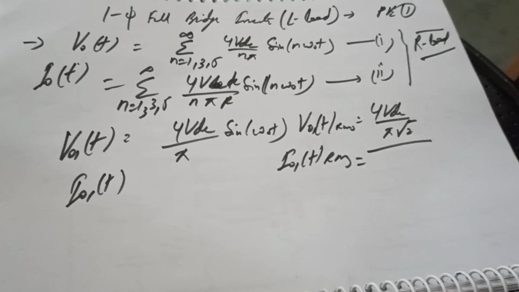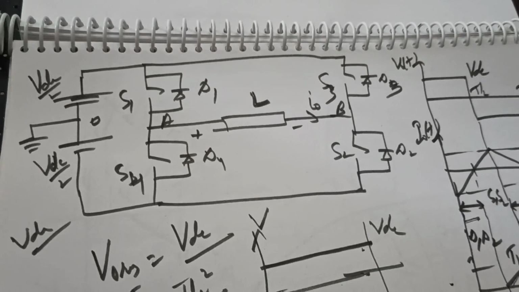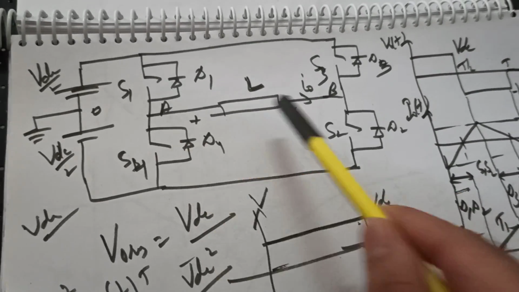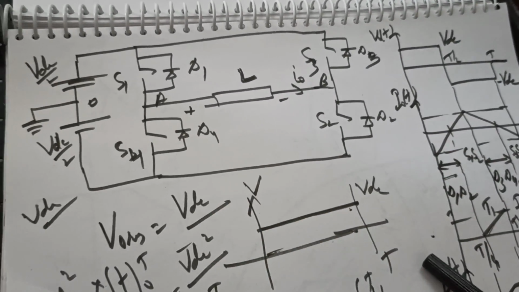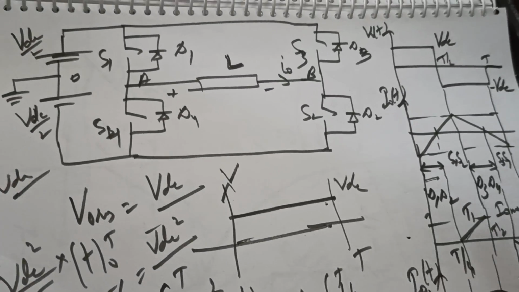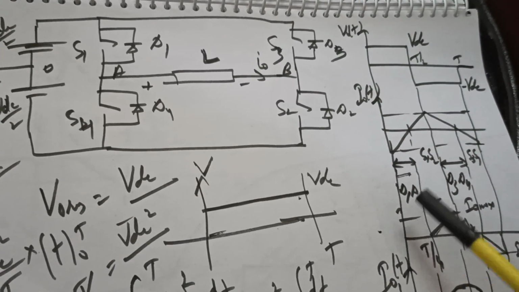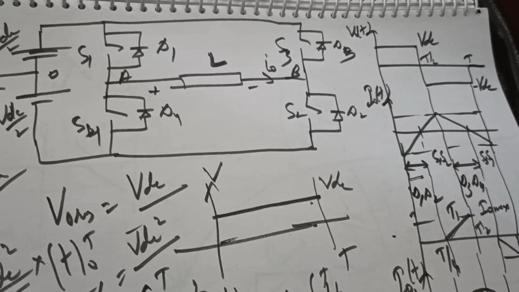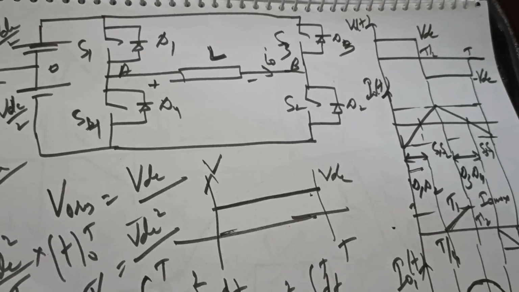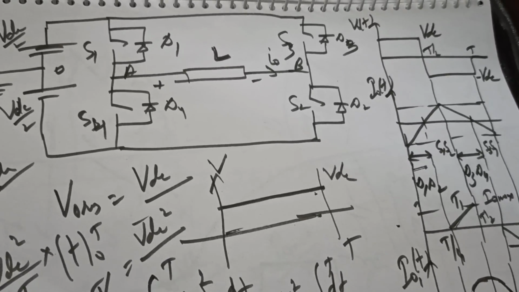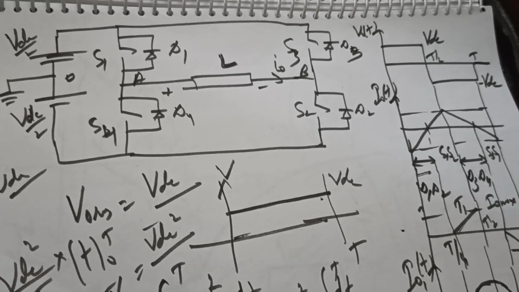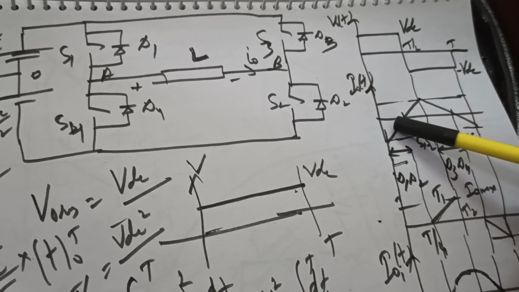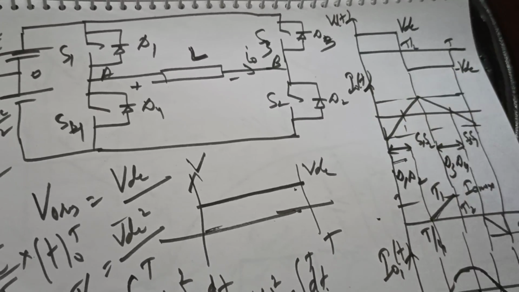Okay, I0 1 RMS can also be obtained very easily. Now coming back to this part, it's VDC by 2, VDC by 2. Now this is S1 D1, S2 D2, S3 D3, S4 D4. When it is an inductor, then we can straight away say that this is the nature of voltage. So the inductor current will be something like this. Yes, it has to be triangular. So we have obtained this triangular current. It's very easy, because L di by dt is the slope of this current, and this should give you the voltage.